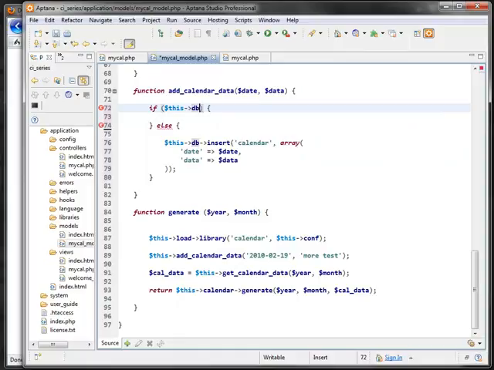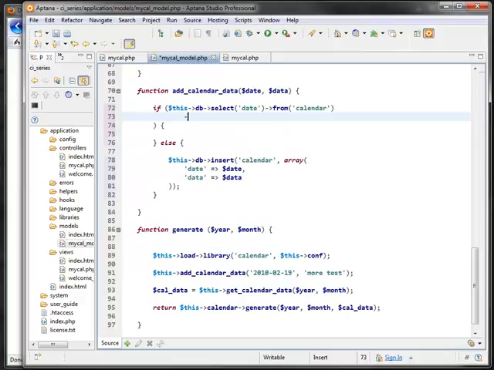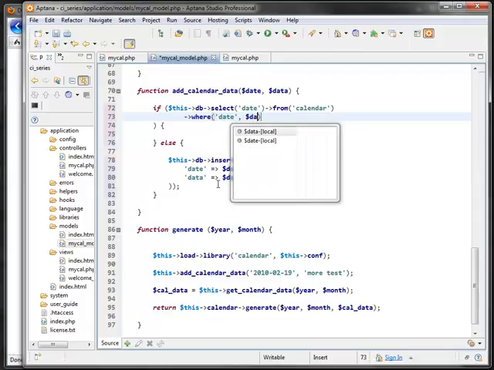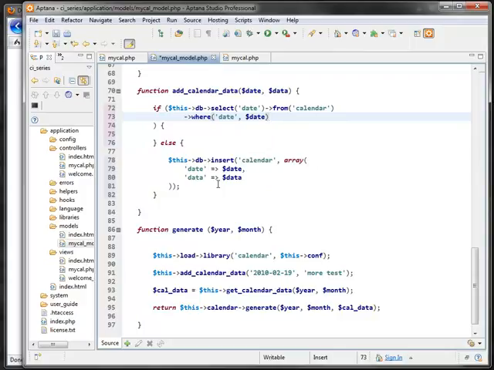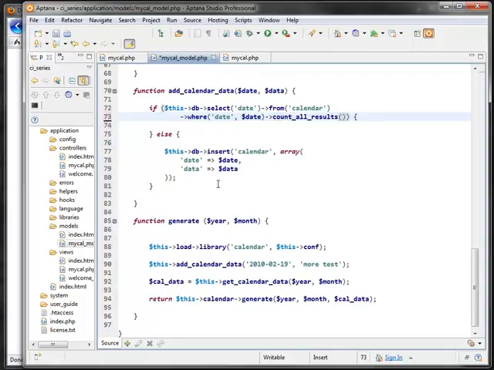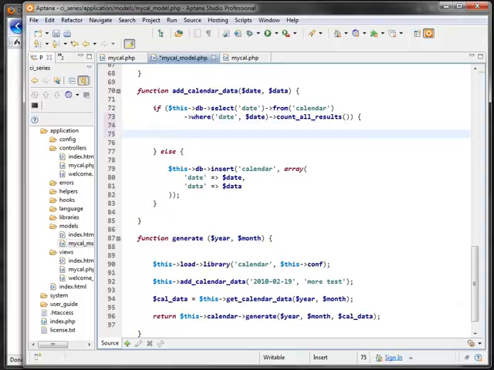It's going to be a select query. So again, using the database class, I'm going to select, let's just select a date field from the calendar table. I'm going to keep chaining where, so we're going to see if that date exists already. That's the query, but for the condition, we need to check the number of results. So there's a method called count all results. So this will return true if this date exists, and if it is true, now we're supposed to do an